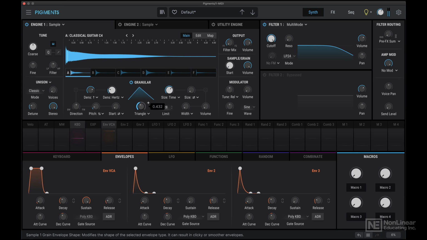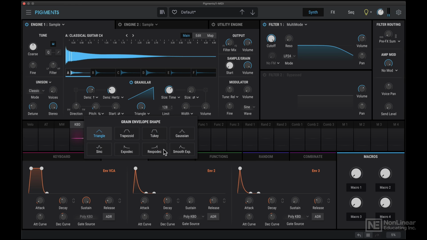If I switch the triangular shape more to this ramp down shape, now you start to notice clicks at the beginning part of the sample. We can switch the other way around. Still getting clicks, but on the tail end of the grain. And then we have all these different grain envelope shapes. I like the Gaussian one,